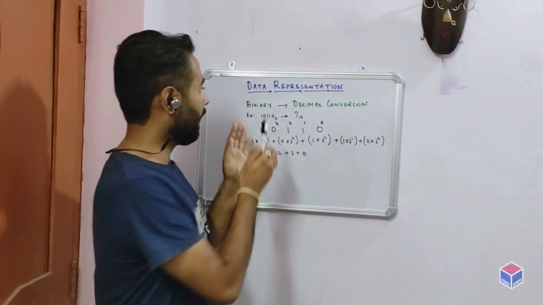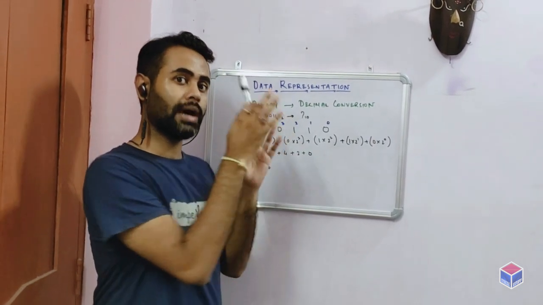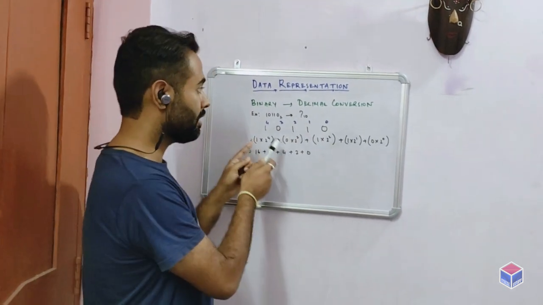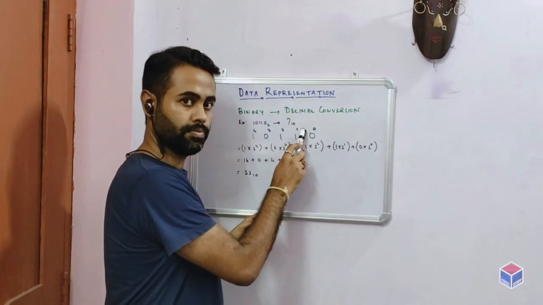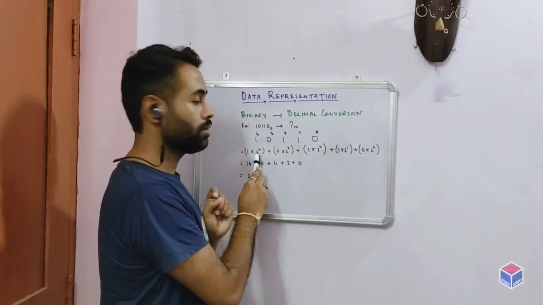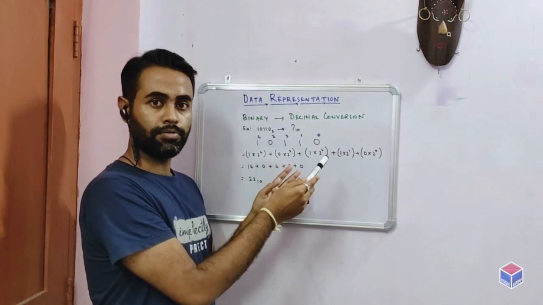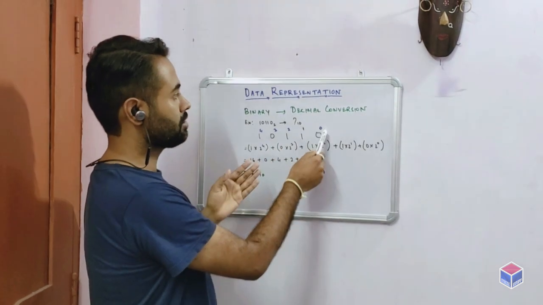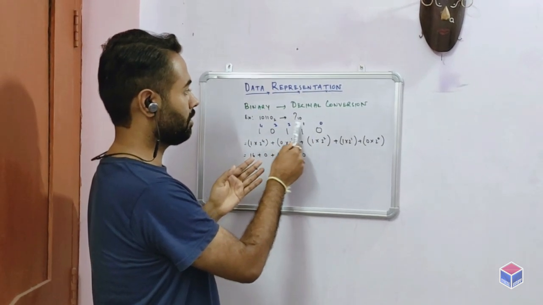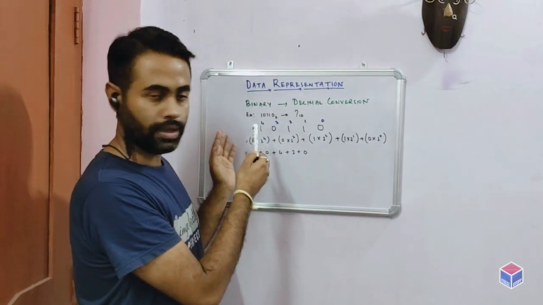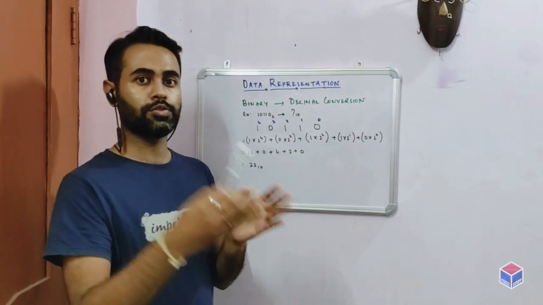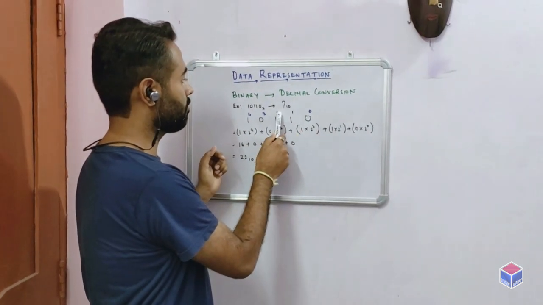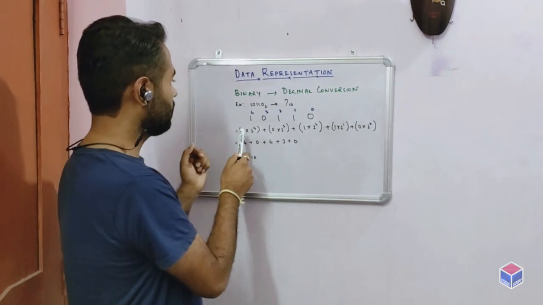When we converted from decimal to other number systems, we actually worked with an LCM conversion, but here we'll be taking the positional value system, and then we'll be using the power of 2, because we are converting from binary to decimal. As you know, the positional values for the first digit are 0, 1, 2, 3, 4, and likewise. After the point it would be -1, -2, -3, and likewise.